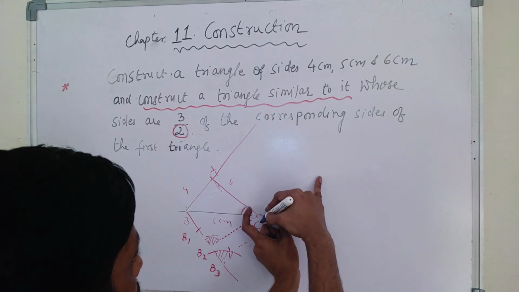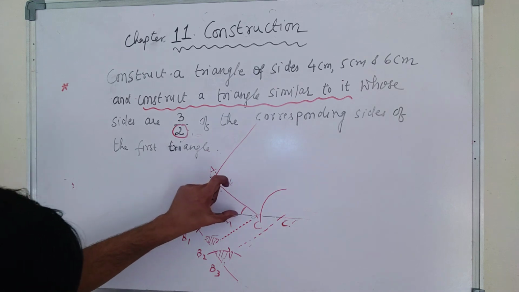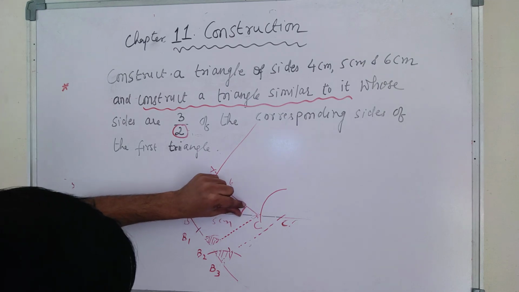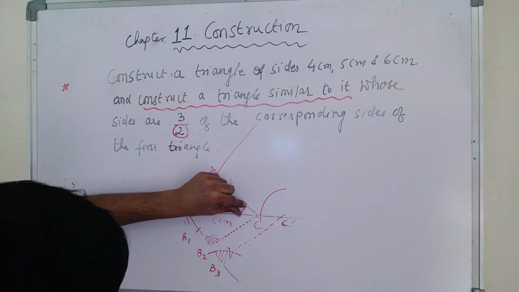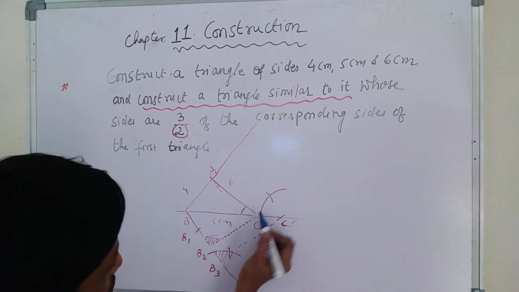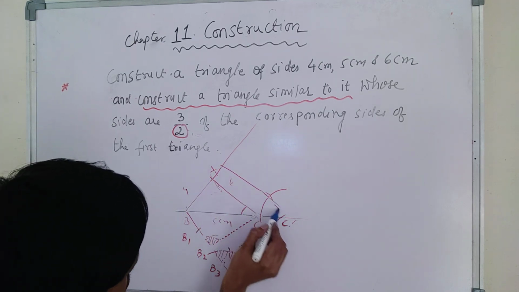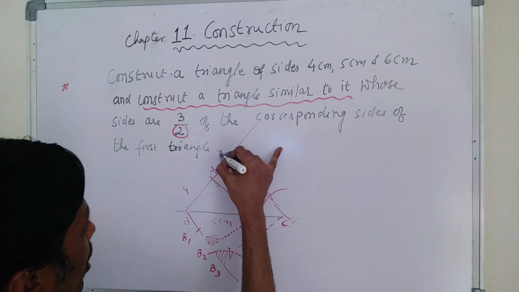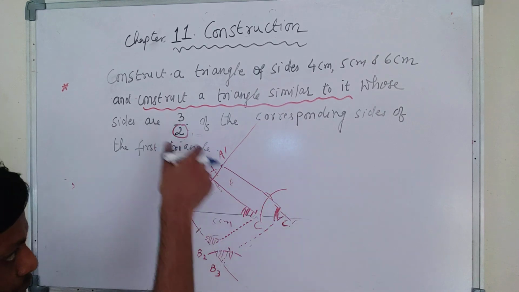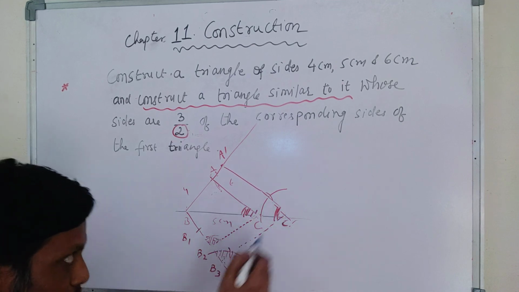I will keep my compass and mark an arc, and then I'll keep my needle head here and measure the gap so that I have covered the angle, and from here I will draw an arc. Wherever it cuts the previous arc, you have to join it, passing through C dash. Wherever it meets is your A dash. That means this angle and this angle you have made equal. They are corresponding angles, that's why the two lines are parallel. Here also this angle and this angle were made equal, that's why these two lines were parallel.